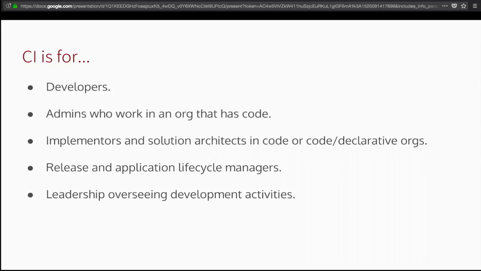CI also offers value for other members of the development team. If you're somebody who is responsible for release management, for example, CI is something that can give you insight into what your code base, and when I say code base here, again, I mean not just Apex code base, but also declarative code base, all the metadata and declarative customization that makes up your org, how that code base is working, whether the new features that you've implemented are themselves working, whether they're impacting any of your existing code, and whether the whole is hanging together as a cohesive unit. And of course, anyone who is acting in a leadership capacity overseeing development activities wants to get this kind of insight into the development process, and CI is going to be able to surface results for those individuals as well.